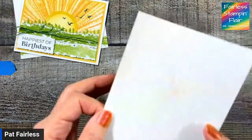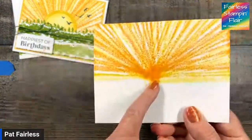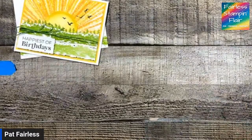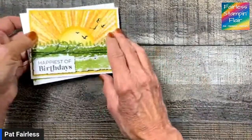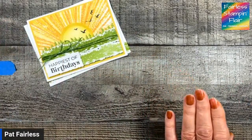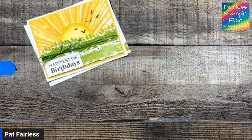You can see where it kind of bleeds through, where you get a lot of ink right there. And copy paper is not quite as heavy as cardstock. If I used cardstock for my mat, it probably wouldn't bleed through. But anyway,